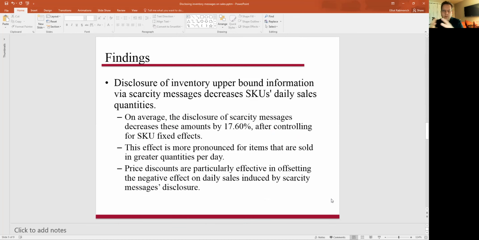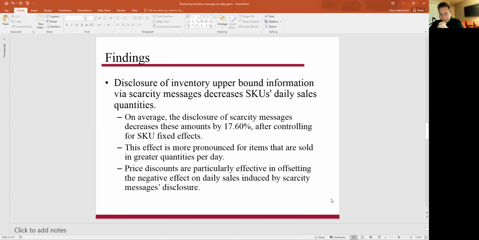So, what did we find? We found that the disclosure of inventory information, this inventory scarcity information, using these upper bound messages saying we have 5 units or less in inventory, basically has a negative effect on daily sales quantities. So the amount of units per SKU sold per day decreases. And on average, we find that the disclosure of these messages decreases this amount by almost 18% after controlling for